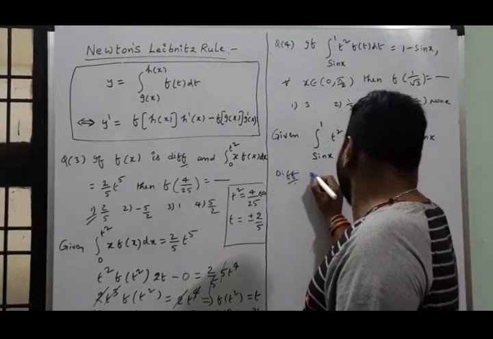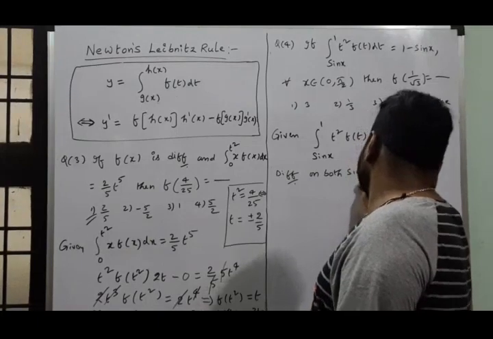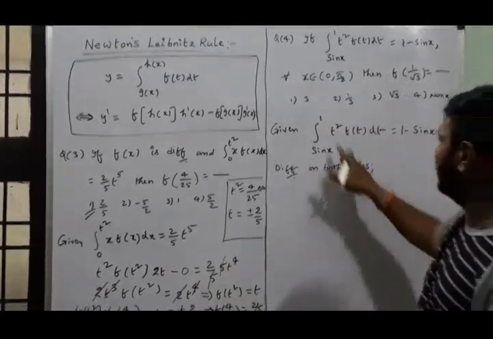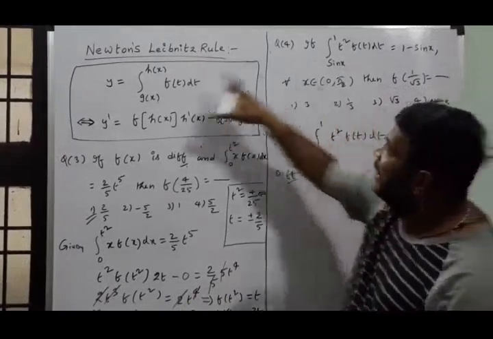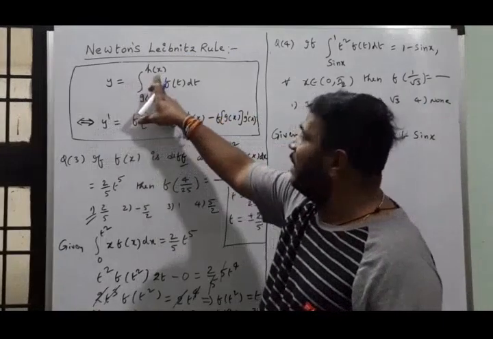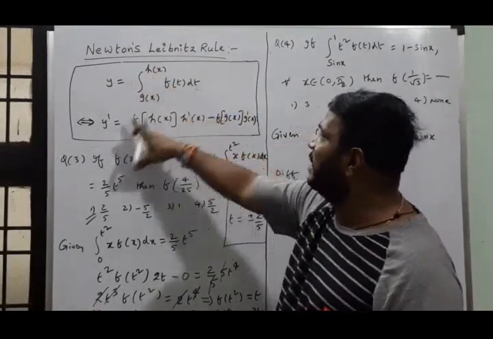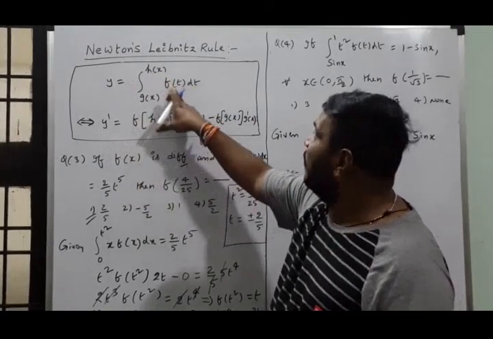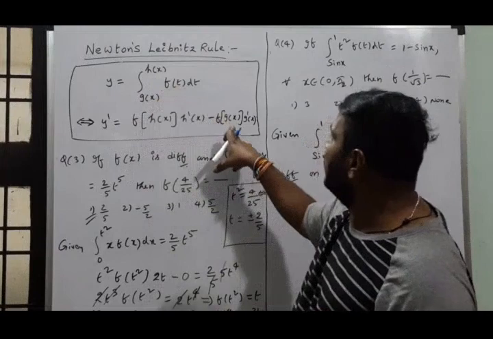Differentiating on both sides. First of all, differentiating the left hand side, you have to apply the Newton-Leibniz rule. So y is equal to the integral from g(x) to h(x) of f(t) dt. Then its derivative is f of upper limit into upper limit derivative minus f of lower limit into lower limit